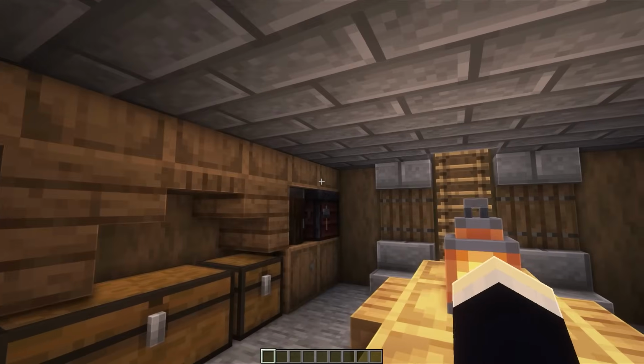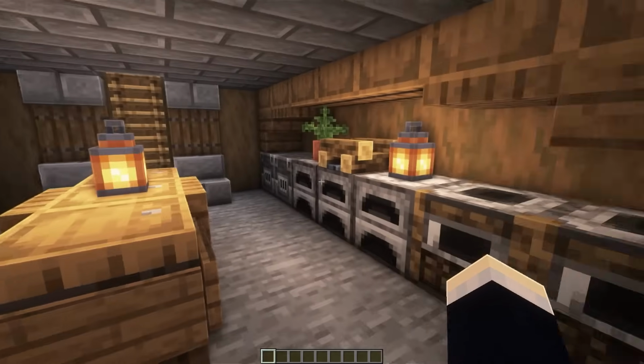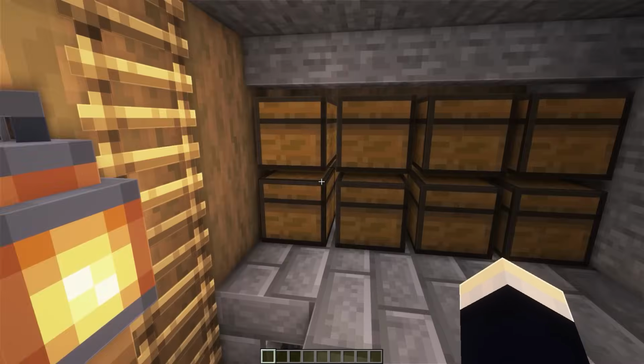Down here we have a bunch of storage in barrels and also a couple of chests, and then on this side here we have a bunch of smelting. We've also got crafting blocks tucked away over here as well. Now heading up to the second floor, we have our main storage area here with a bunch of double chests,